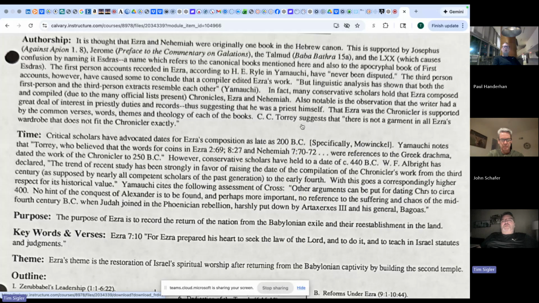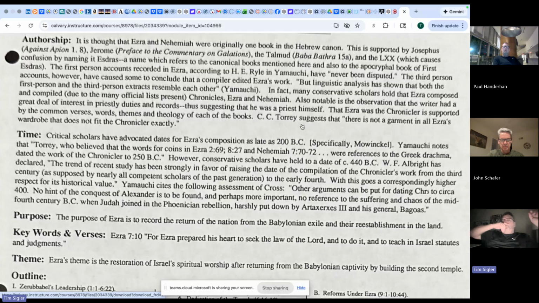C.C. Torrey suggests that there is not a garment in all Ezra's wardrobe that does not fit the chronicler exactly. I thought that's kind of a brilliant statement. So when it comes to the authorship of these books,